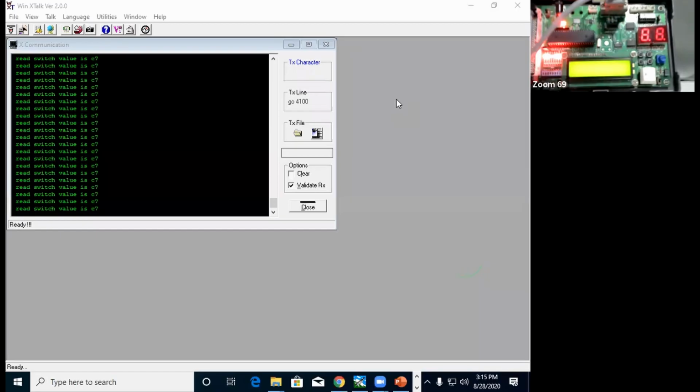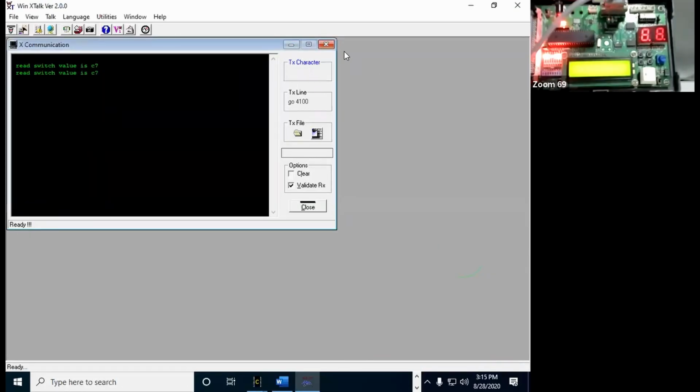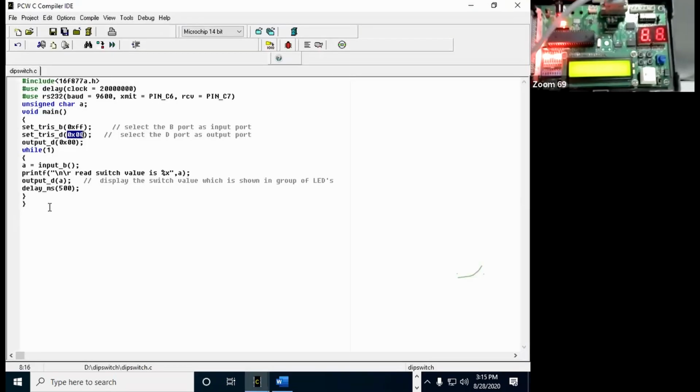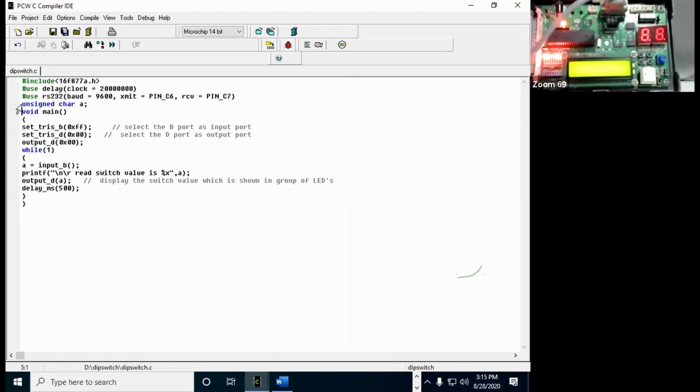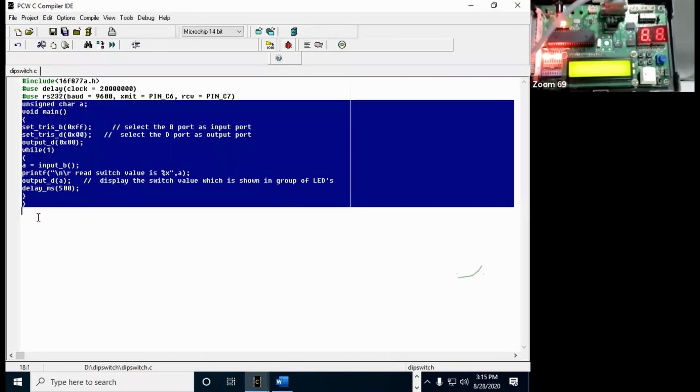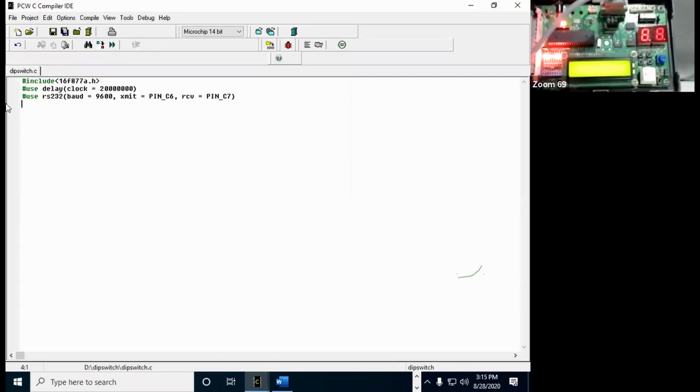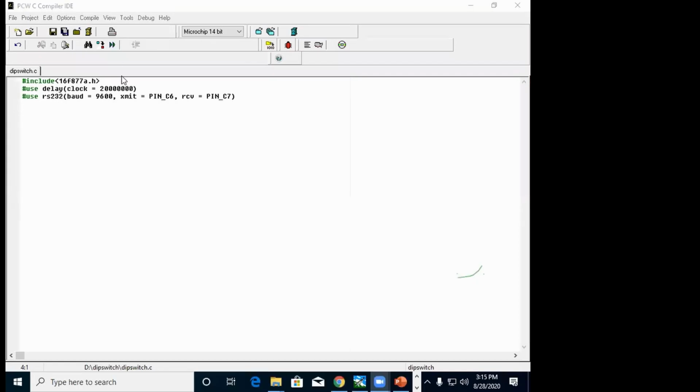So what you have to do, for example, from the same thing you will execute. This one will close. So here itself you write the code. The first 3 lines are the same as for the 7 segment. Next, here we are going to use the 7 segment display. So therefore you have to write the code